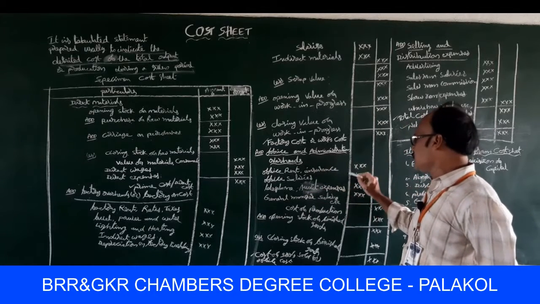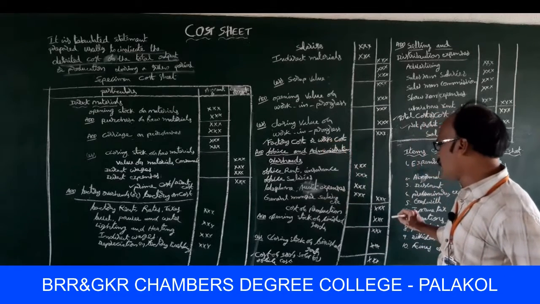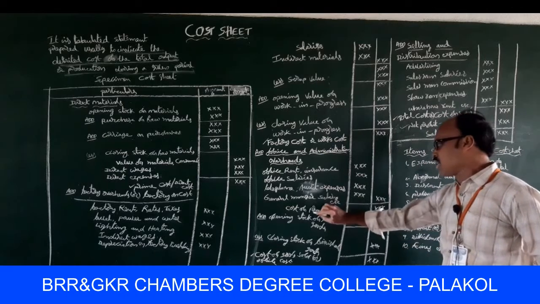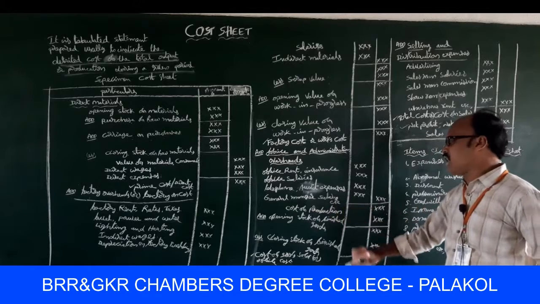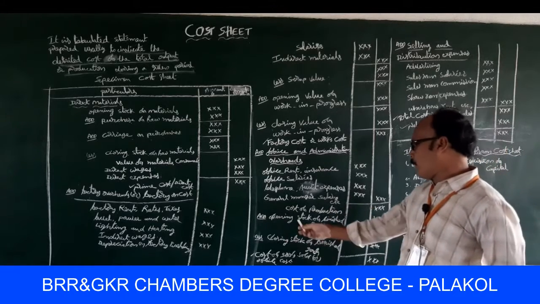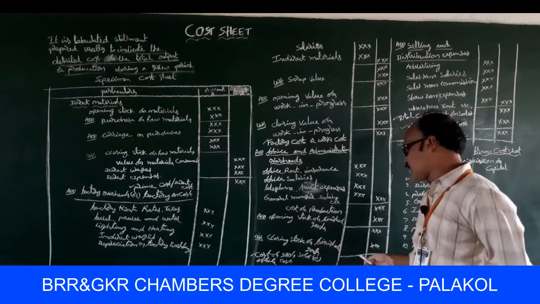That's why these transactions are added to the factory cost. Then we find out the sum of the value. That value is to be considered as cost of production. Add opening stock of finished goods less closing stock of finished goods.